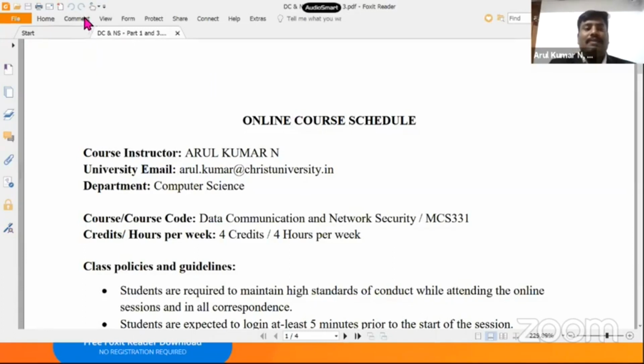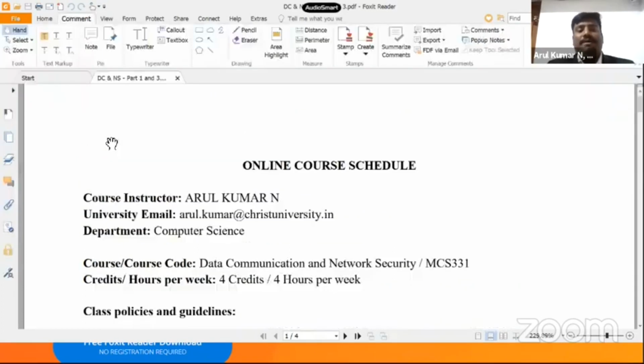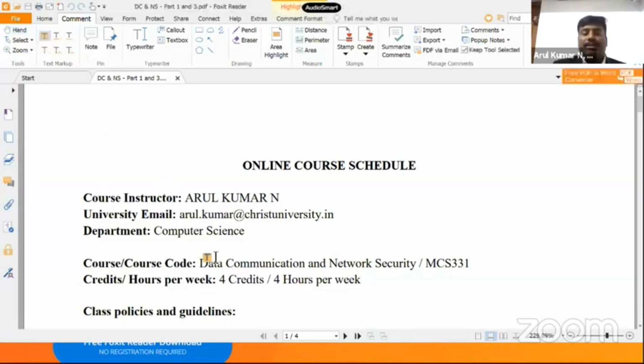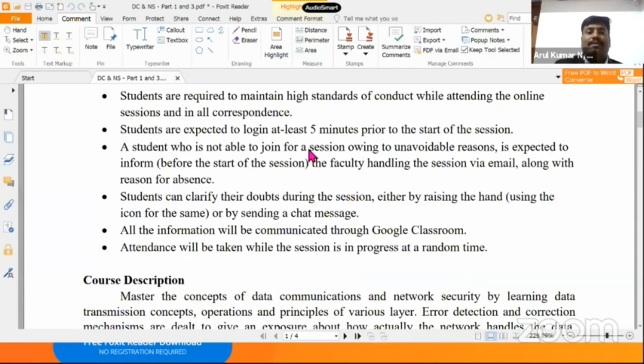Here I have an option called comment. When you're submitting some ebook to your student, or giving a PDF document to the student, they can highlight when they are reading. Remember, when you take a Xerox copy of the ebook, we use only pens and pencils for underlining. Here they can underline a particular keyword, and see, here I highlighted.